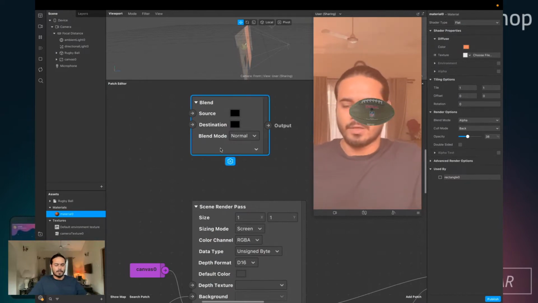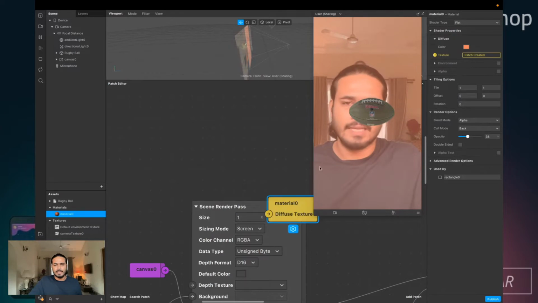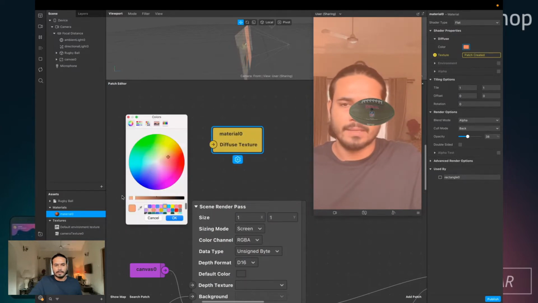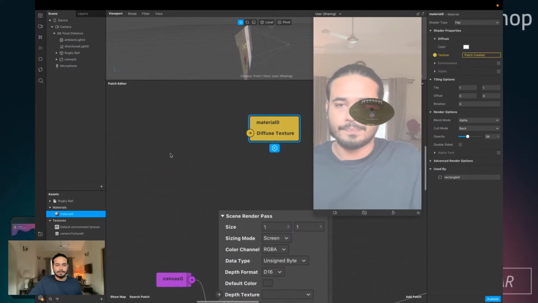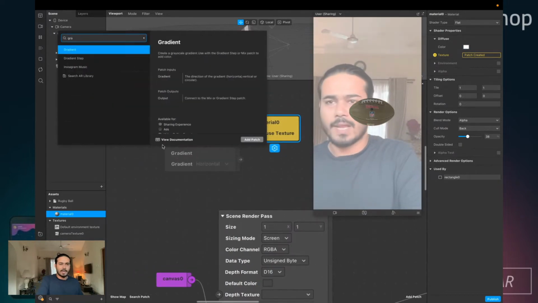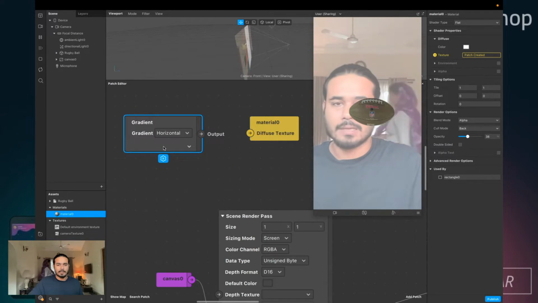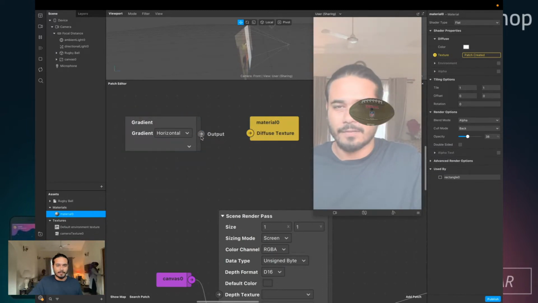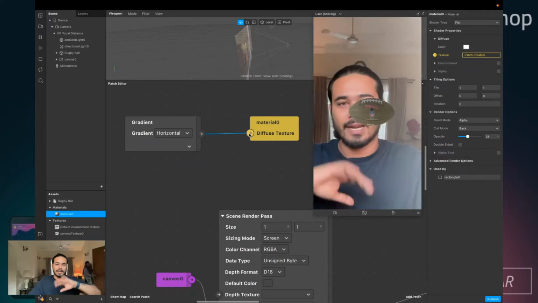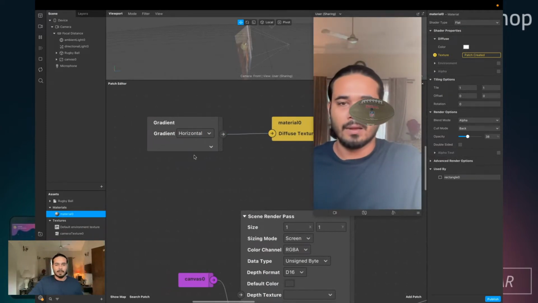Yeah, Shaker, you could do this. The gradient: take this color out, make this super white, so we don't have to worry, because we're going to custom give this. And there's a gradient patch we have. It creates a horizontal, circular, or a couple of types of gradient. If you directly give this to this guy, it's just going to create a gradient. But if you use a